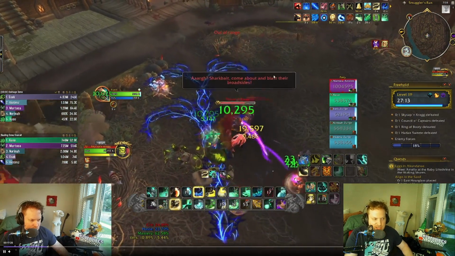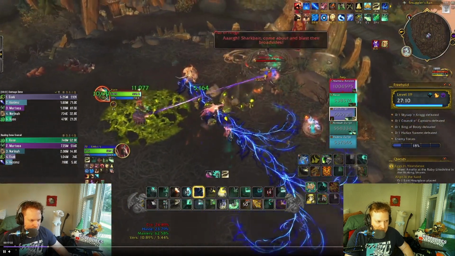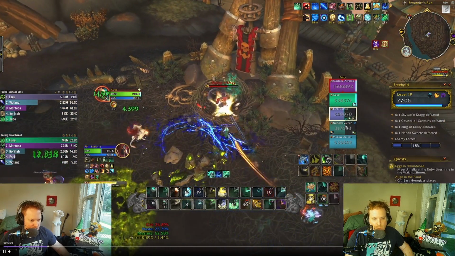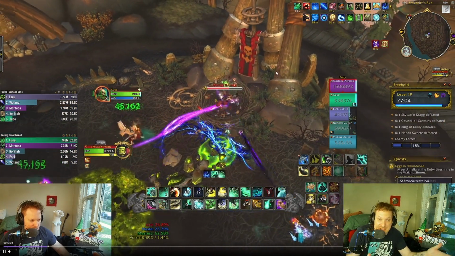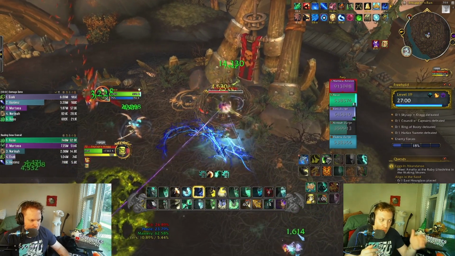Augmentation Evoker on its own doesn't really do any damage. You can see here that he's doing 33k. I'm almost doing as much damage as him. The tank's doing double his damage almost. The DPS are way out in front. He is a DPS, right? He's supposed to do damage, but what he's obviously doing is adding damage to the Warlock and to the Mage,